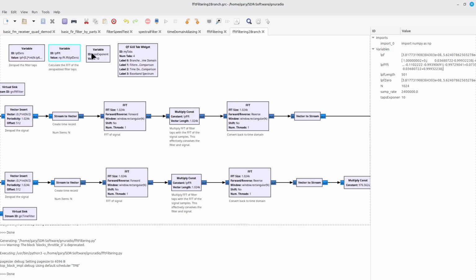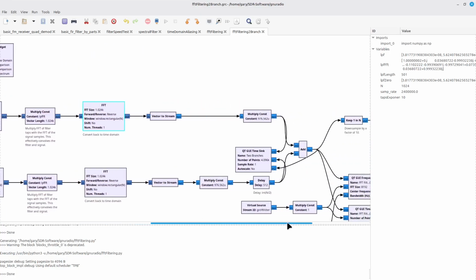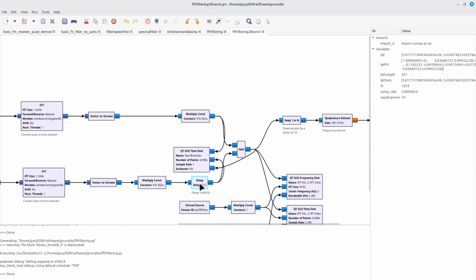It's done. And so now the multiplication occurs, I convert it back into the time domain, and then at the very end, on one of them, I've added in this delay of half a record, and then I just add them together. And once I do that, everything overlaps really nicely. The impulse responses cancel each other out in such a way that it makes a nice, perfectly smooth signal.